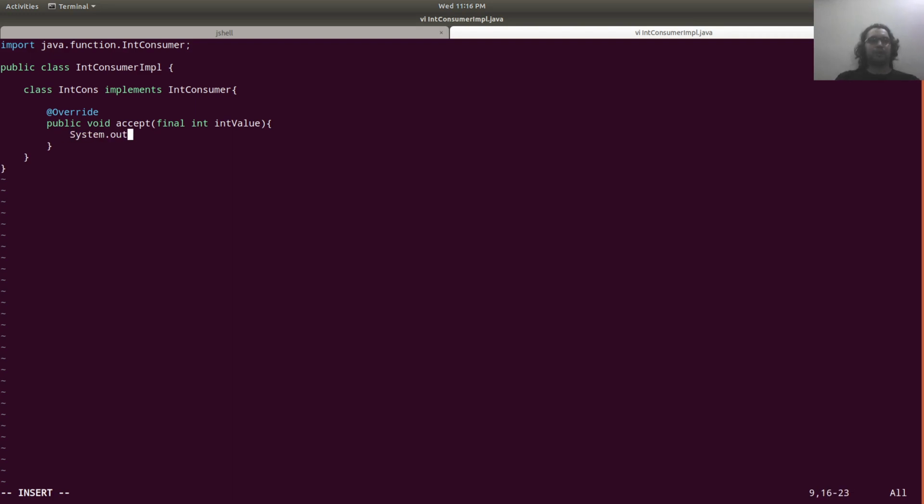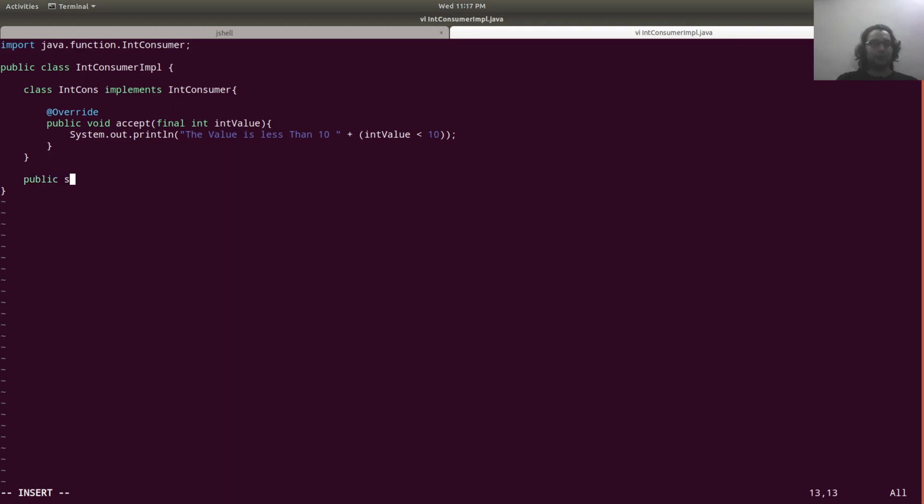I will print a value, something like System.out.print, value is less than 10, so one implementation is done.